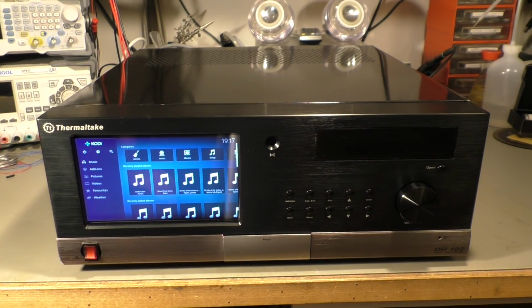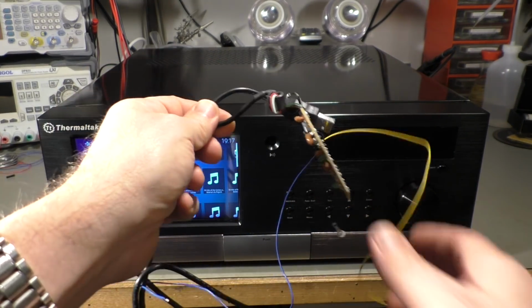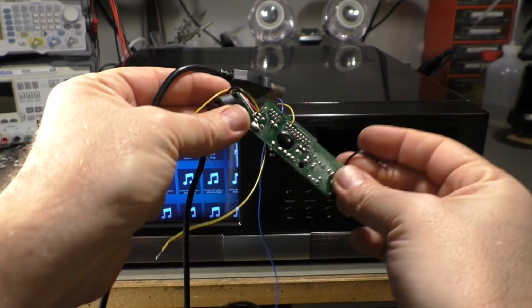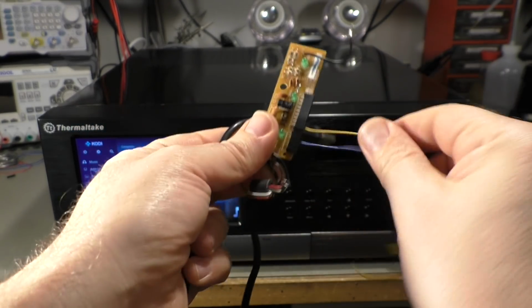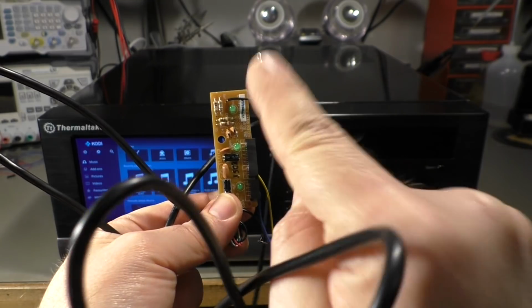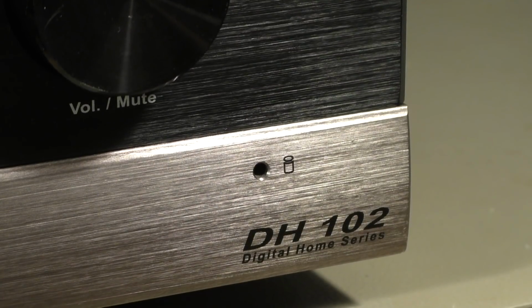I want to talk a little bit about this case and what I have done with it, and I especially want to talk about this thing here, which has a USB connector, some kind of weird board with a blob chip here and two wires attached, and probably this thing is more interesting than this thing. So that's the Thermaltake